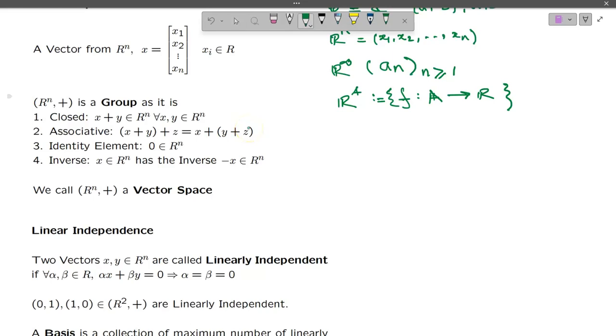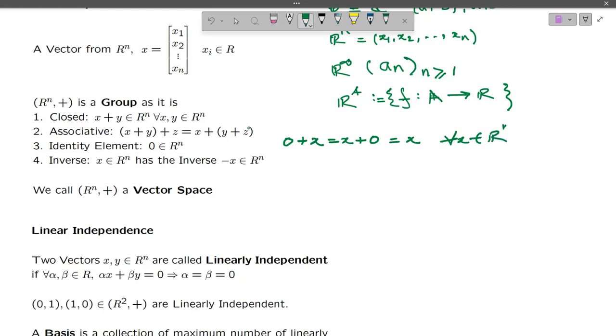Then it is associative: x plus y plus z is the same as x plus y plus z. And it has an identity element 0, because 0 plus x equal to x plus 0 equal to x for all x